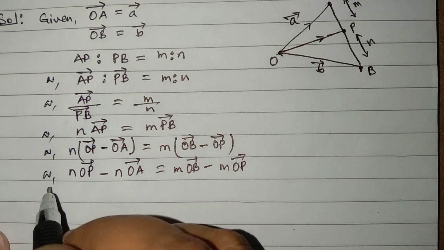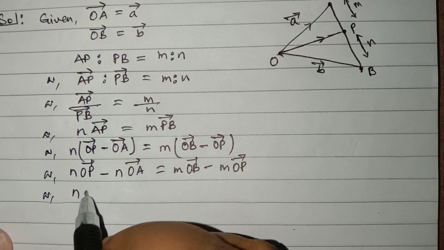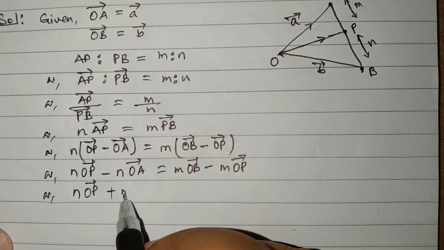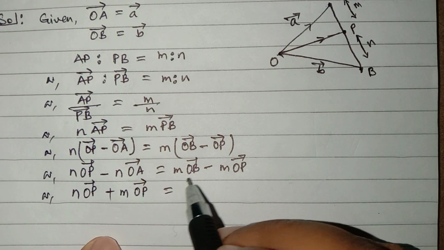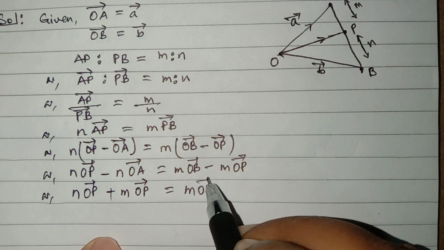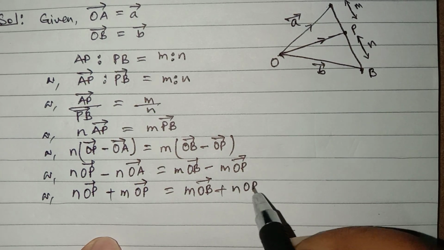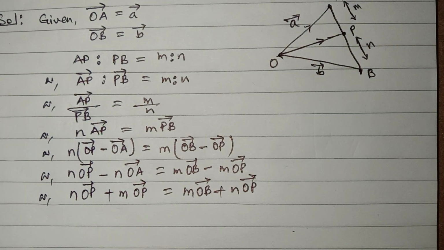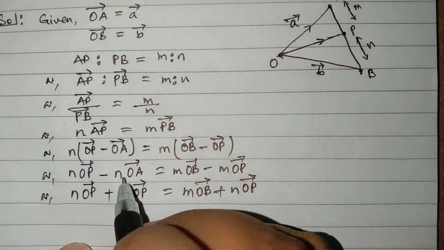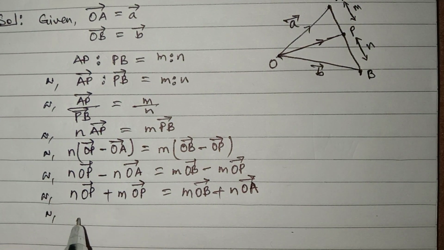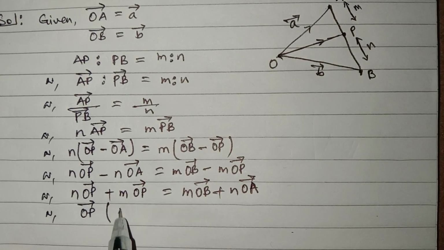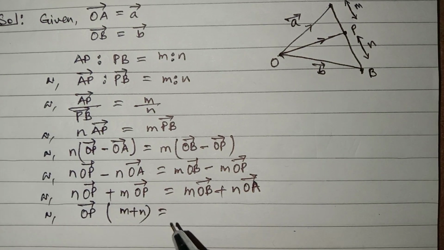So let me bring OP to the same side. n times vector OP plus m times vector OP equal to m times vector OB plus n times vector OP. Okay, sorry, this is not OP but this is OA. Great. Now I can take vector OP common from here and I get m plus n equal to, here I get m